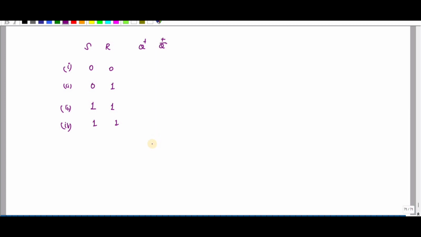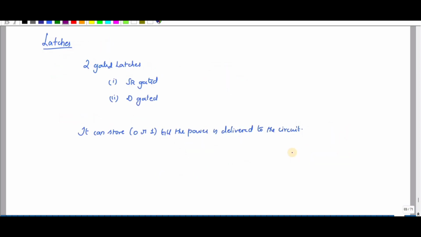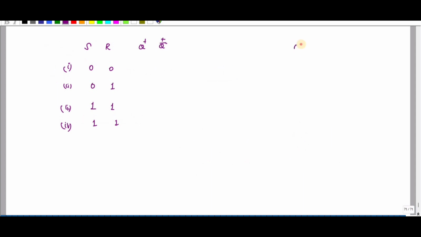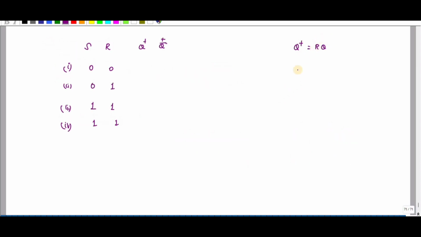Okay, so this is nothing but Q plus. Okay, so we take the equation and write it here. What is Q plus? Q plus is equal to R bar into Q. And what is Q plus bar? S bar into Q bar. Okay,